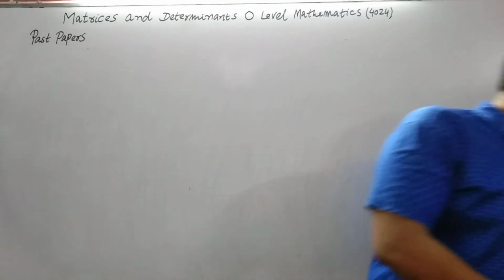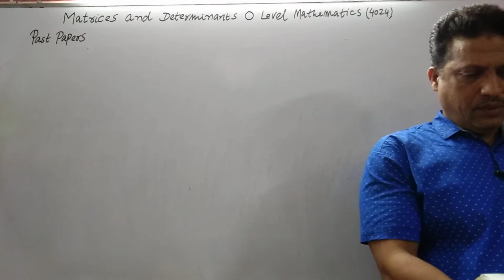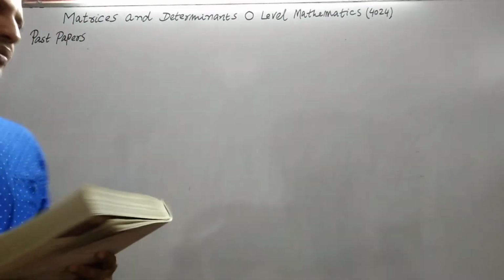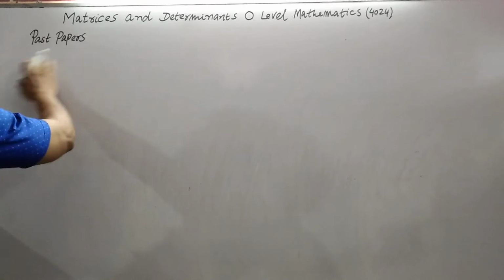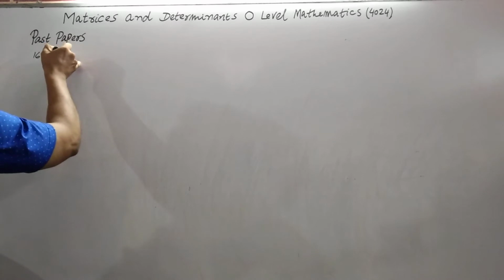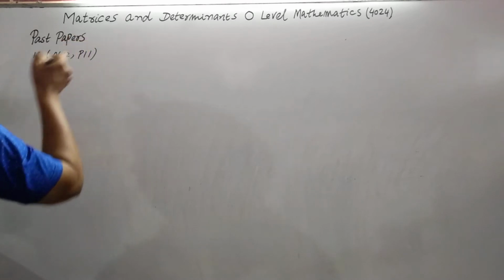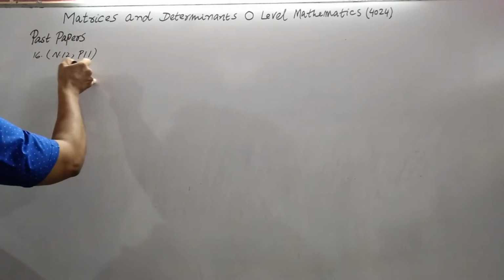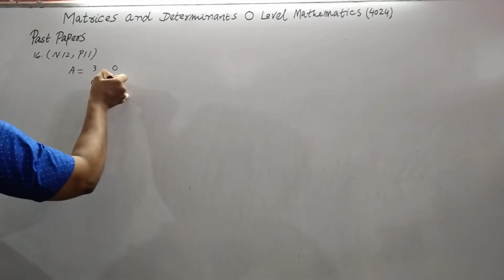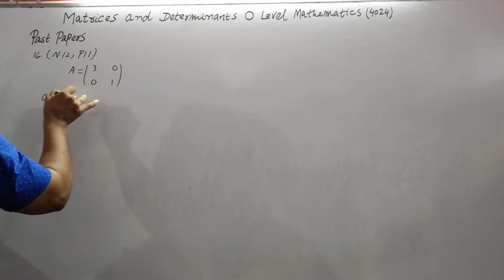Next question is question number 16. This question came in November 2012, paper 1, variant 1. Question is A is equals to 3, 0, 0, 1. Part A, find